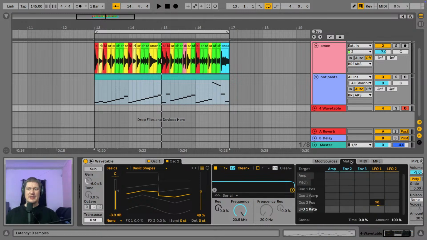Now let's go back to the matrix, and with LFO1, I'm going to automate this filter frequency. And the great thing about the wavetable synth is that whenever you touch a control, it's like, oh, you want to automate that, do you? Let me just add that to the matrix. So you can see now, filter 1 frequency has been added to the matrix. And then all you do is find the box that corresponds with filter frequency 1 and LFO1 and just turn that up. I mean, you can turn it all the way up to 100, or you can turn it up a bit. And then when I press the note,